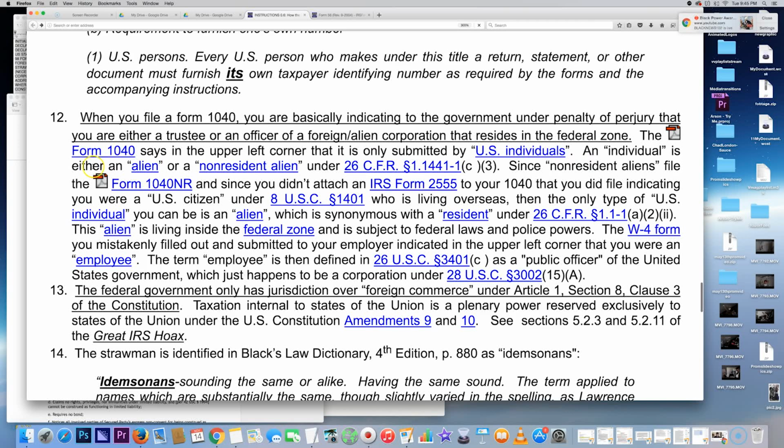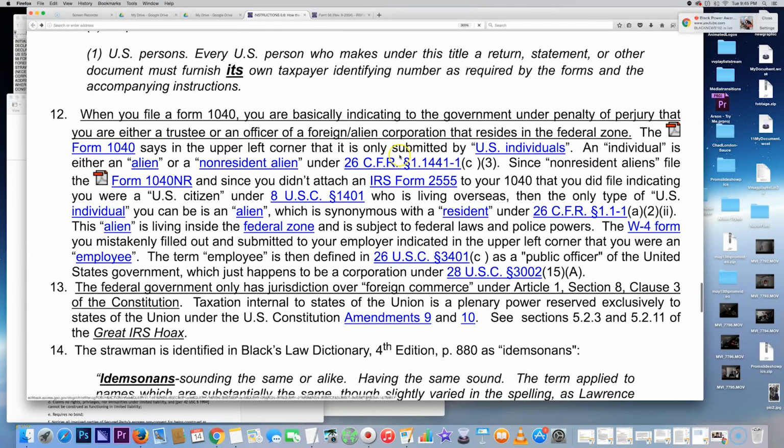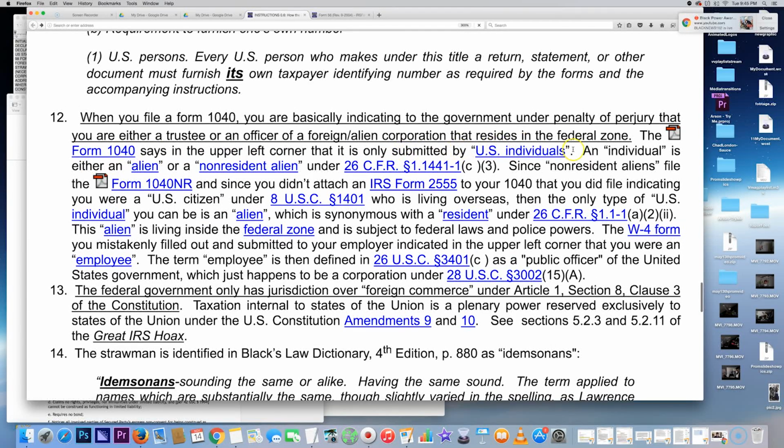An individual is either an alien or a non-resident alien, up under Section 1441. Since non-resident aliens filed the Form